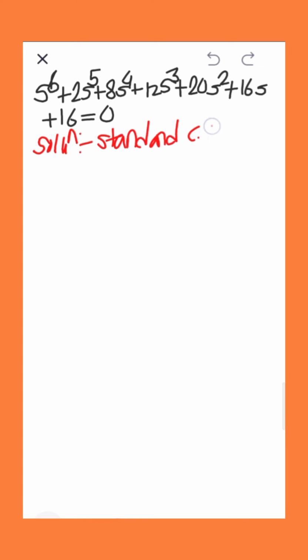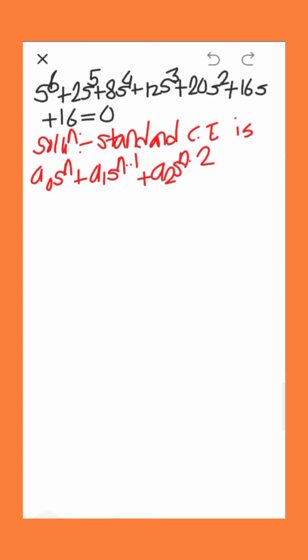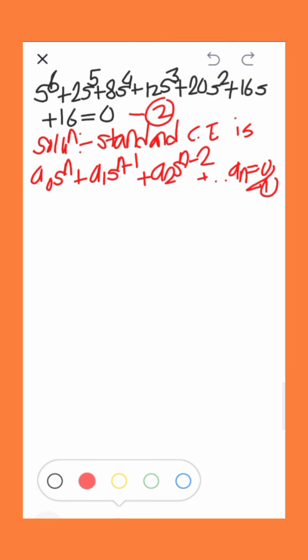characteristic equation, which is a0 s to the power n plus a1 s to the power n minus 1 plus a2 s to the power n minus 2. Likewise, we have to go till an equal to 0. This is equation number 1, this is equation number 2. Now compare the values. So we get